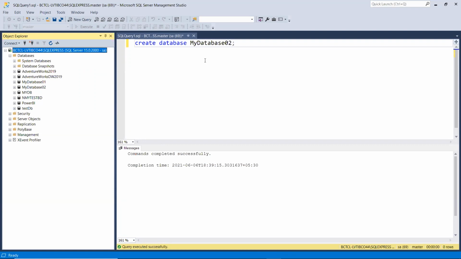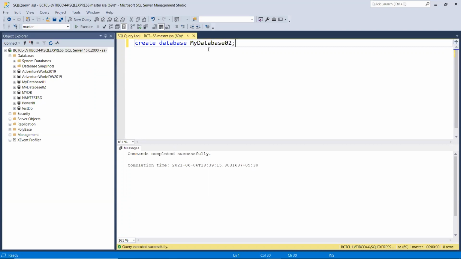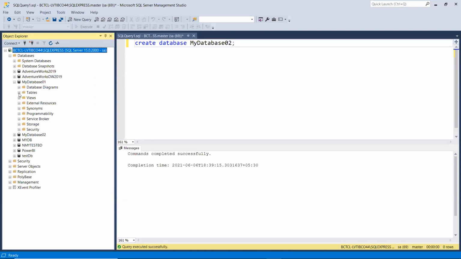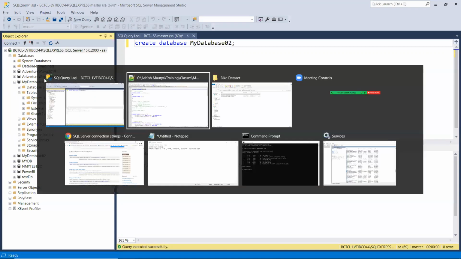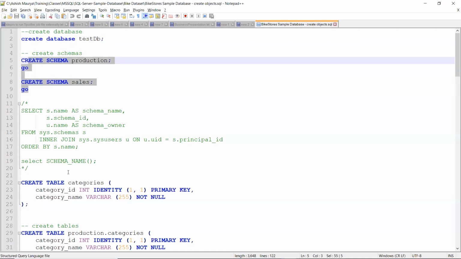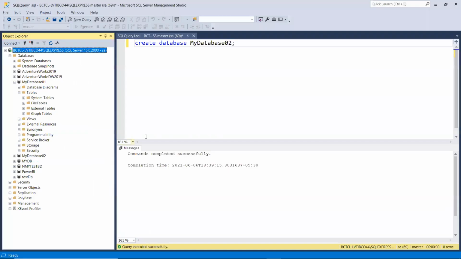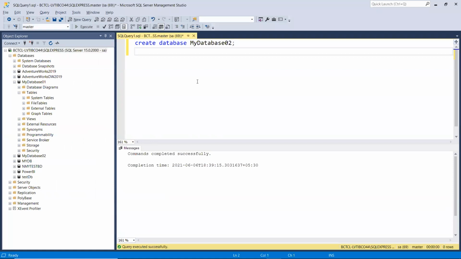Moving forward, now I will have to store some information. Before we start this, I want to tell you something about the query scope, but let's cover it after we have created tables. Now we have created a database. Similarly, if I want to create a table, I'll cover the schema part later. I'll just copy this code and paste it here.